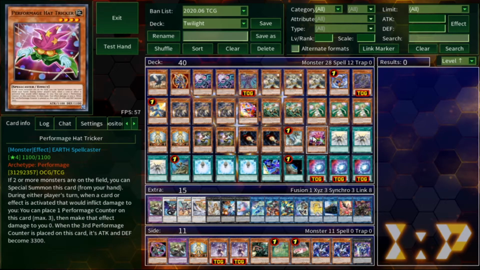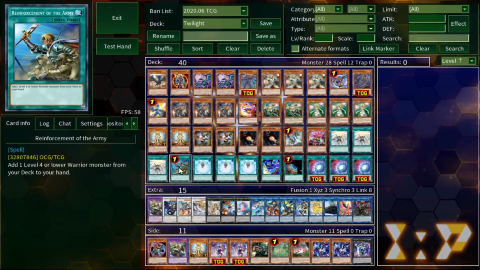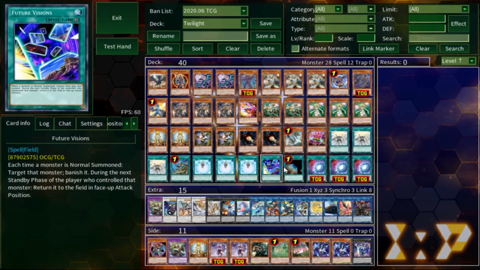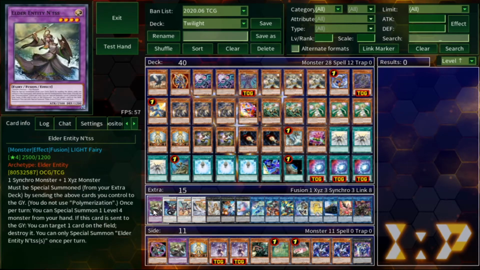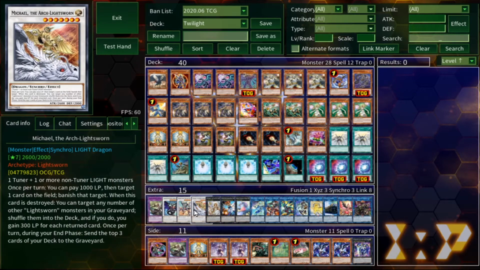a Danger Nessie, a Perform Age Hat Tricker. Spell Cards: triple Solar Recharge, Reinforcement of Army, triple Charge of the Light Brigade, Future Visions, Terraforming, triple Chaos Space. No traps needed today. For extra deck, we have one Elder Entity Natis, one Chaos Ruler, the Chaotic Magic Dragon,